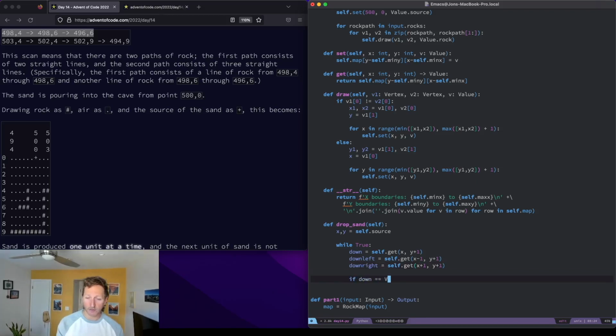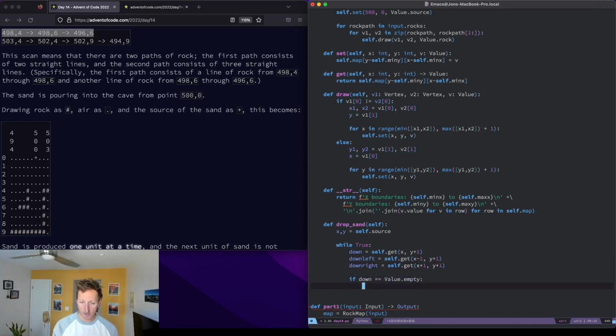If down is equal to value.empty, y equals y plus 1, and continue, like keep going, yeah? Otherwise, if down is anything else,